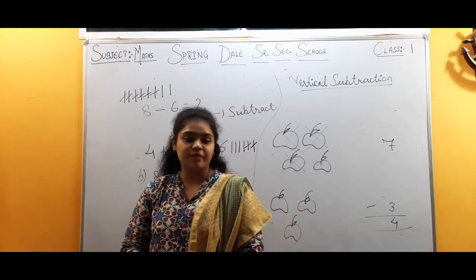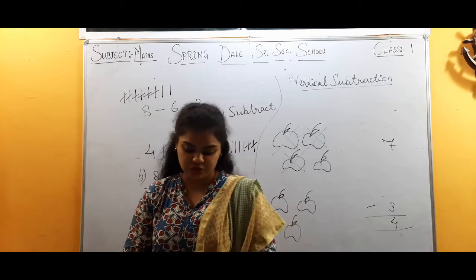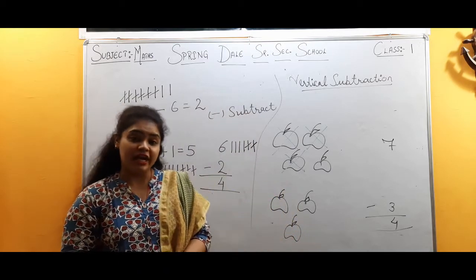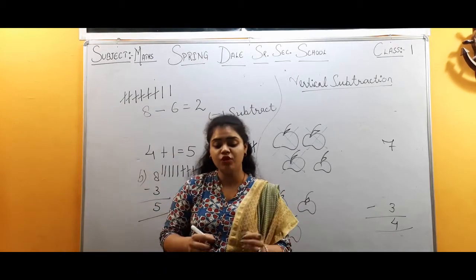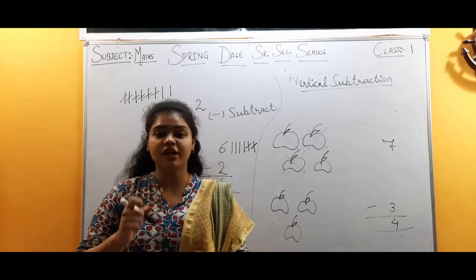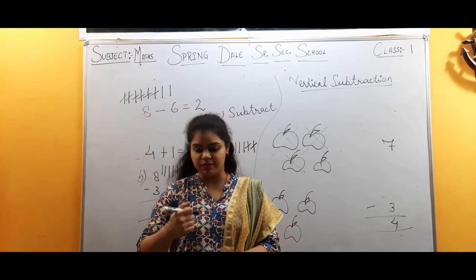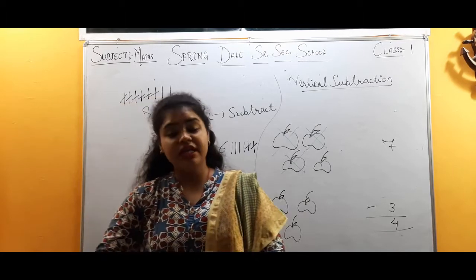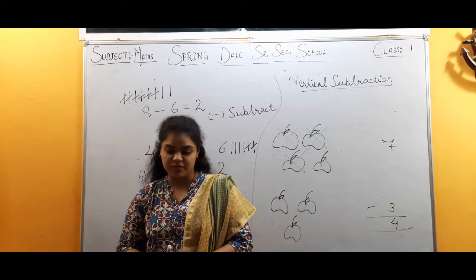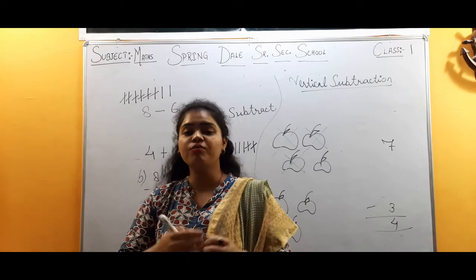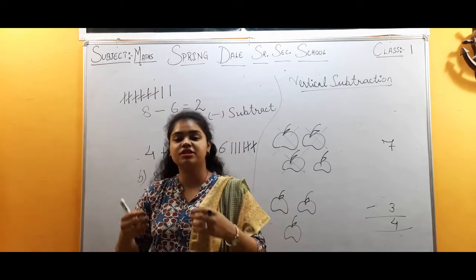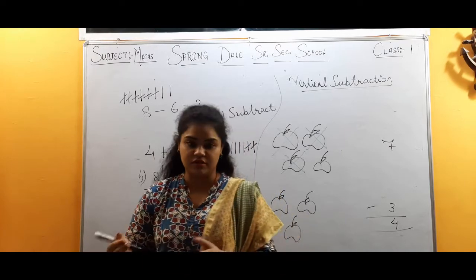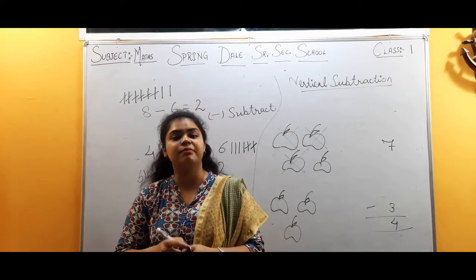Coming to the next page, page number 32. We have the word problem. First we have learned about the addition, the plus. When we are given more in the question, we have to add that number. But in this question, it is something different. That is, when less is given in this number, or they will ask you how many chocolates, how many birds, or how many people are left, then we have to subtract that number.